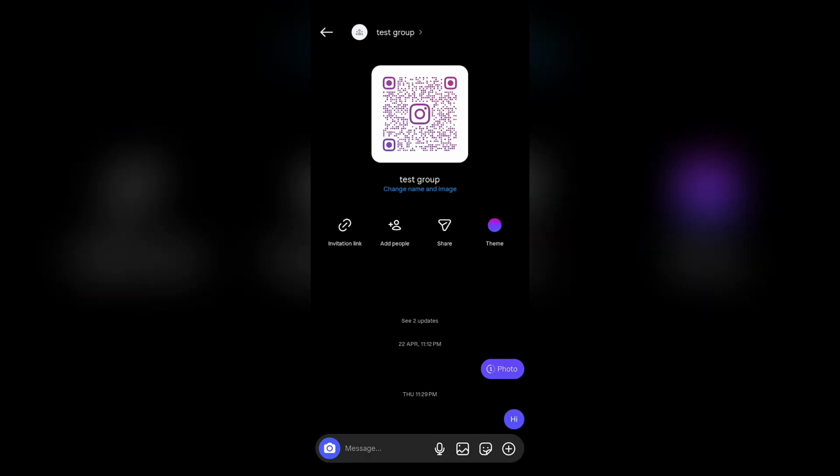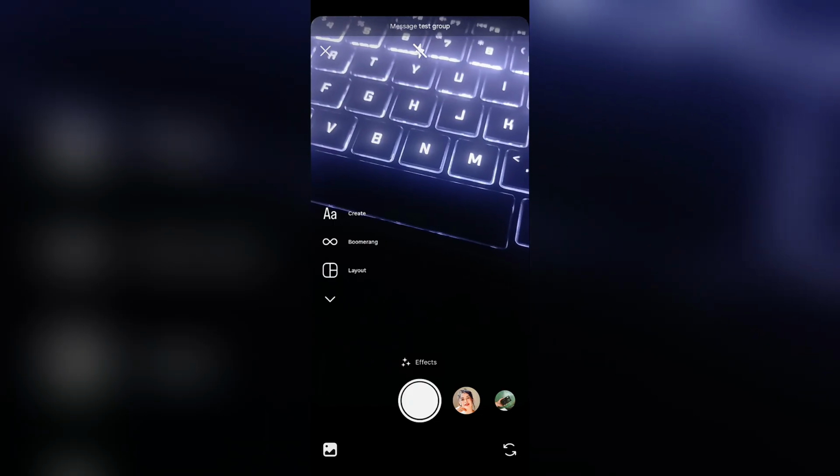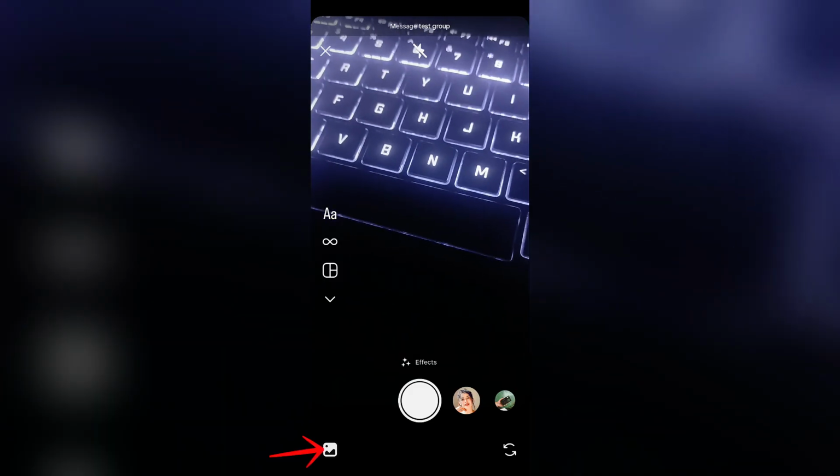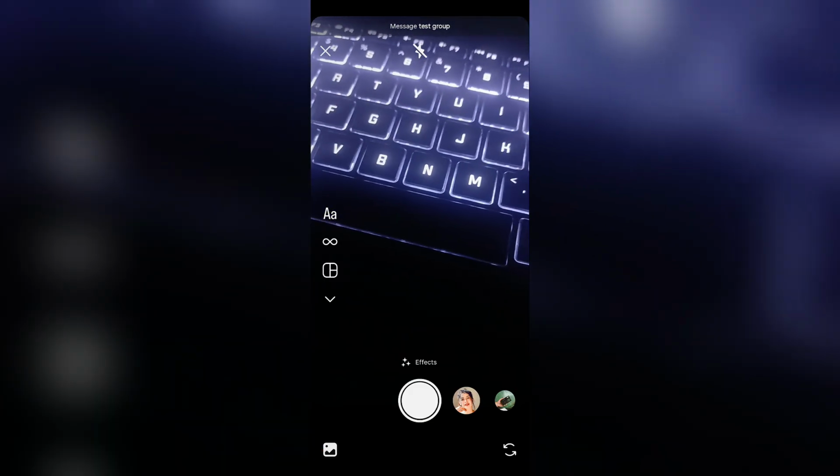Instagram. I'm selecting this group chat right here, and after opening the chat, just simply tap into this camera icon. After that, your camera will be opened up. You can also select the images from your gallery if you want to by tapping into this button, or you can just click the picture from your camera, and after you have the picture which you would like to send,